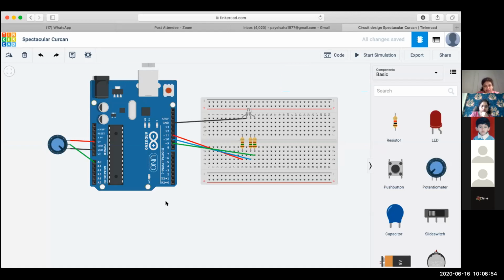So what modification have we done in our existing circuit? We have brought in a potentiometer. We have connected its extreme terminals in between ground and 5 volt. And the variable hand or the slider or wiper over here, we have given to the analog input pin A0. So whatever voltage variations we get by moving this resistive arm or the wiper will be converted into a proportional analog voltage, and it will be given to the A0 pin of the Arduino.